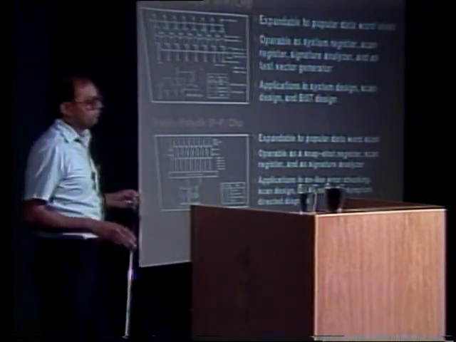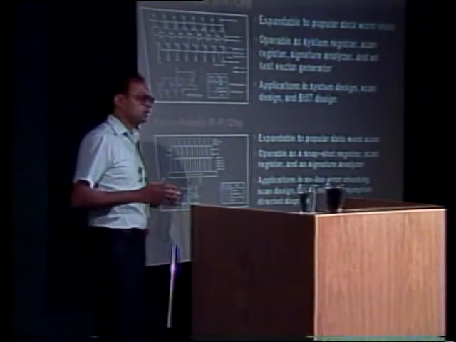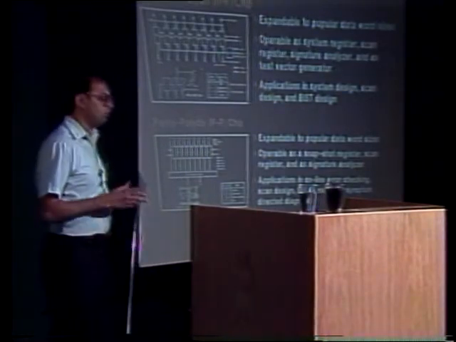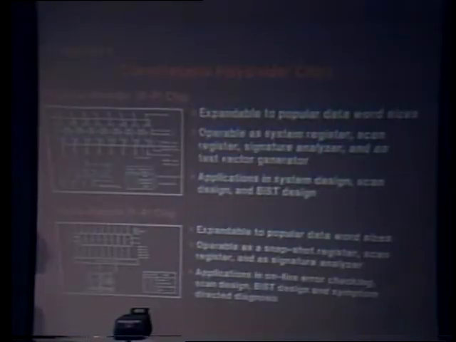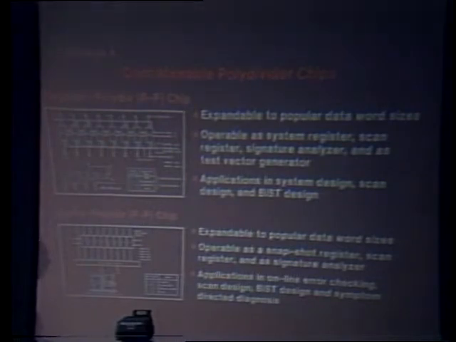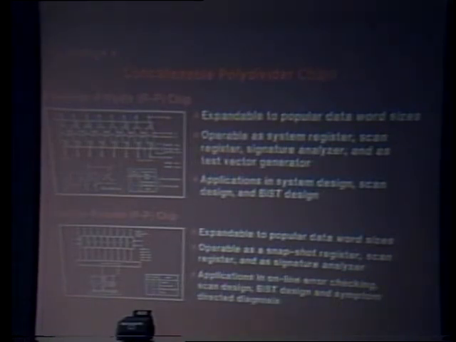We can think about combining polydivider functionality with normal functionalities for which people use off-the-shelf components at the board level. For example, a parity generator checker chip, or a register chip, or even some drivers or buffers and those kinds of chips, which usually come in 8 or 16-bit slices. Can we combine polydivider functionality with each one of these chips? And the answer is yes, it should be possible, provided somebody takes initiative and